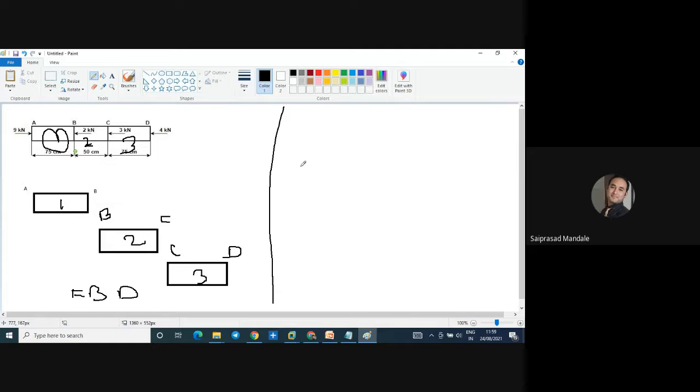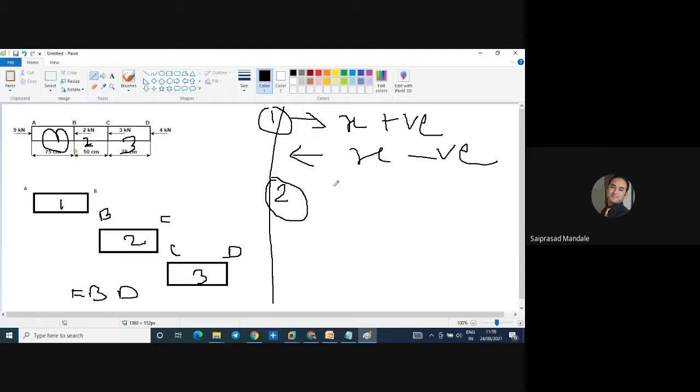Over here, we have to use some sign convention. I'm going to write down. The force which is moving towards positive x-axis is taken as positive. The force which is moving towards negative x-axis is taken as negative. Okay, this is the first thing we are going to consider. Second step: if the forces are moving in the same direction, means if the case is like this, or like this, we will add.